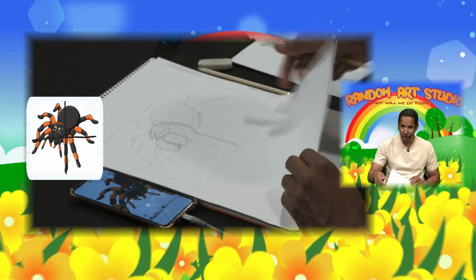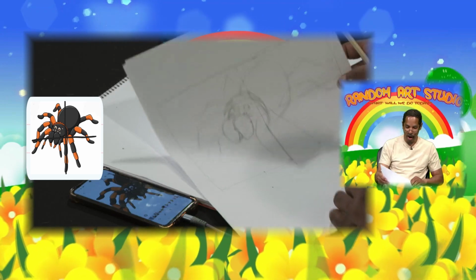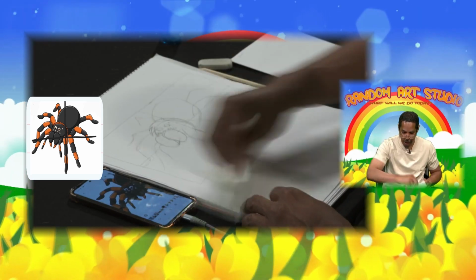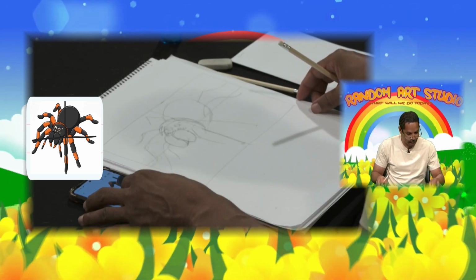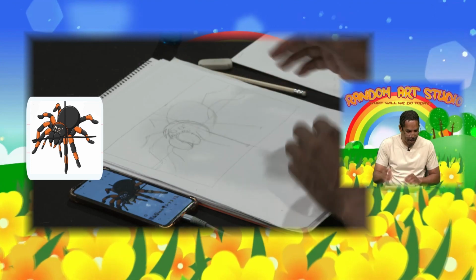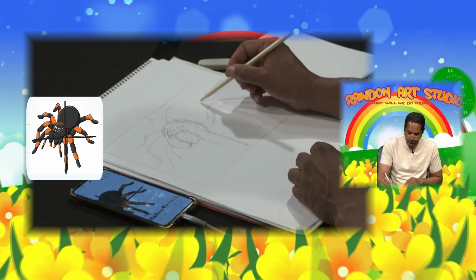Right, so after a lot of trial and error, that's the stick insect that we've got for our spider. And we haven't even begun to put in the thickness of his legs and his body and all the rest of it as well. So let's start doing that for now. Everything is roughly in the right place. So let's start where we started before with that back leg here. So I'm going to put that first.